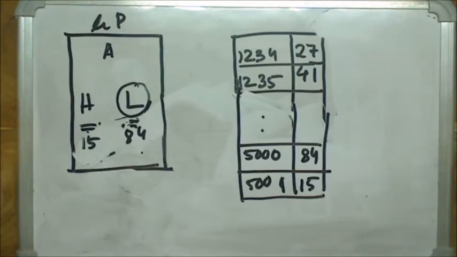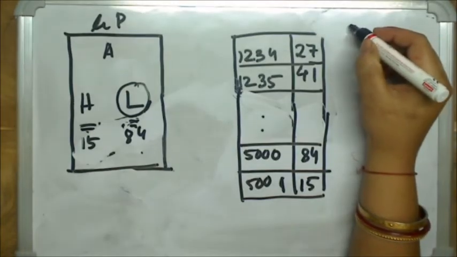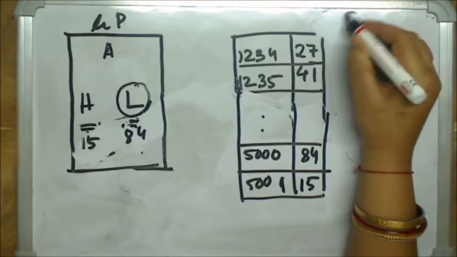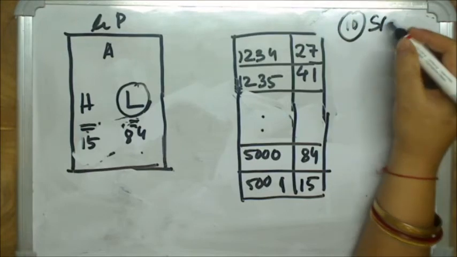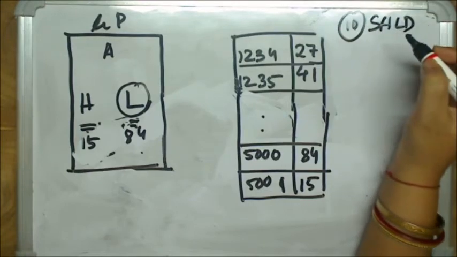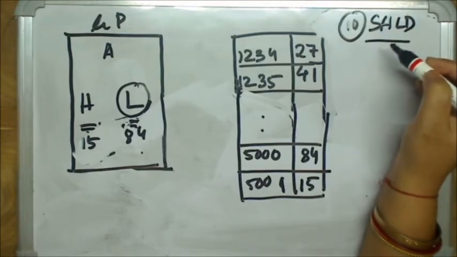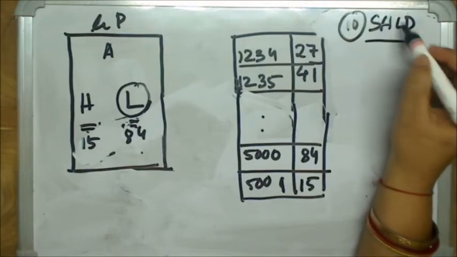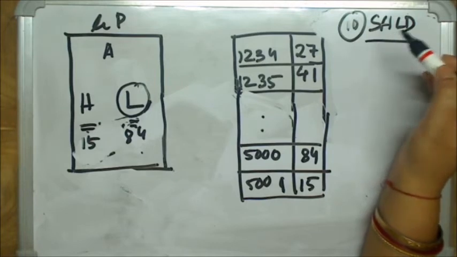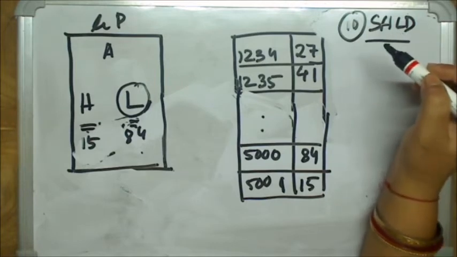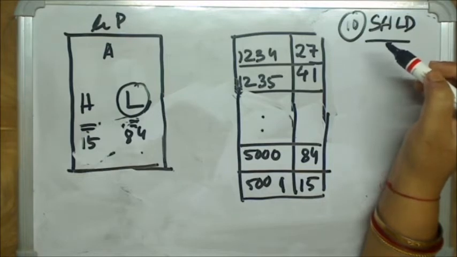Now the reverse instruction, SHLD. What does SHLD mean? Store the data of the HL pair at so-and-so location. Tell me, what is the size of the HL pair? It is a 16-bit register, so how many locations will it access?